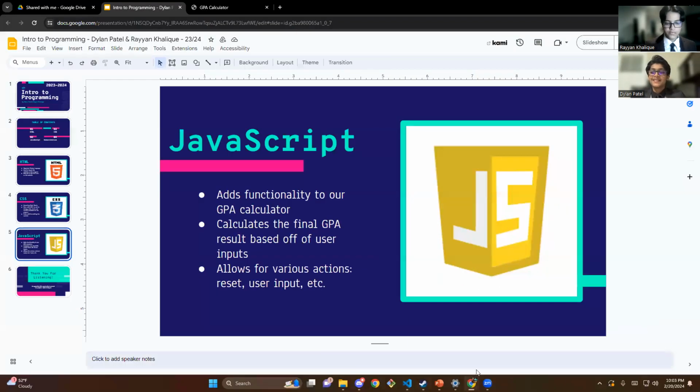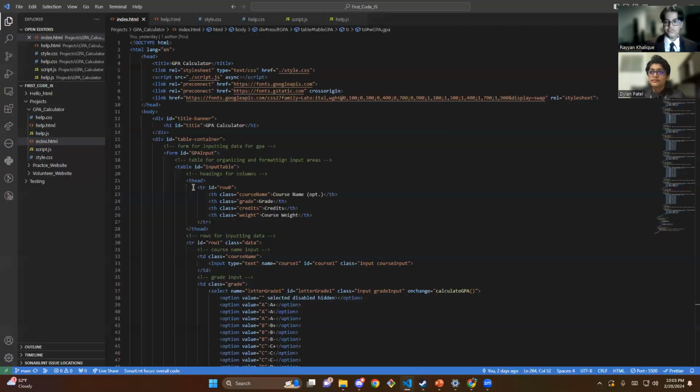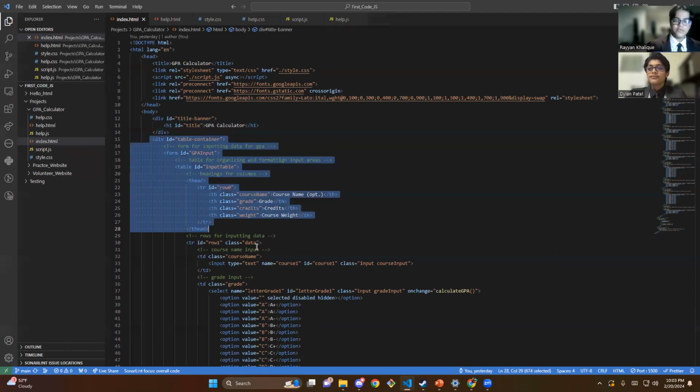Okay, now we will go through the files that we use for our GPA calculator program. We will start with the index.html file. This serves as the primary entry point for our program, as it is the main page where the GPA calculator resides. It includes elements such as the title banner and the table where the user can actually input the data needed